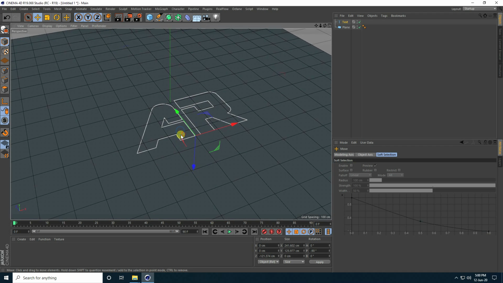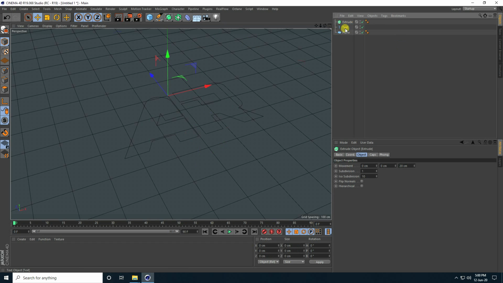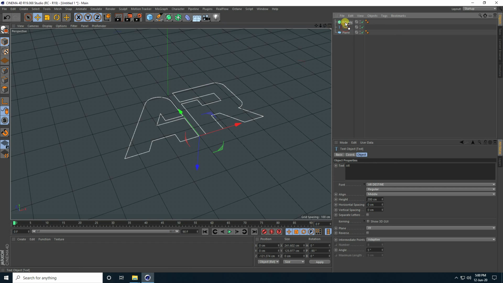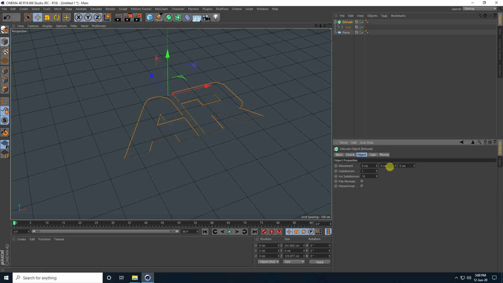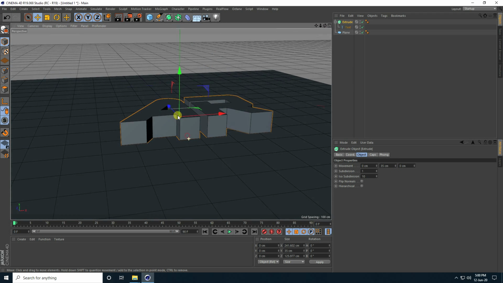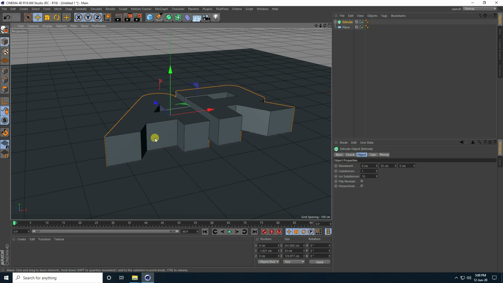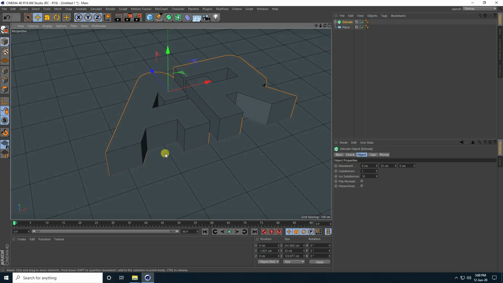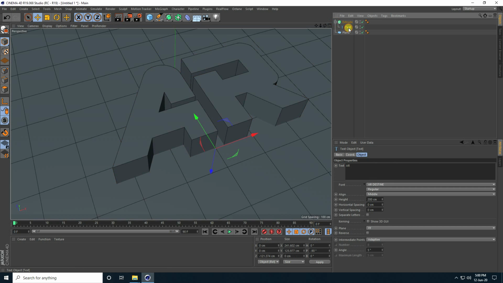I take the Extrude tool, select this text and make it a child of the Extrude. Select this Extrude and change the movement: all 0, and the middle one I increase, like 30 is good, actually 35. Then select this MoText and move it a little bit down. Yeah, that's it.